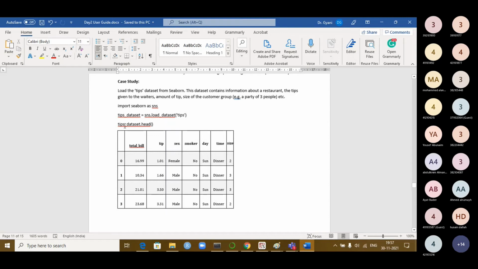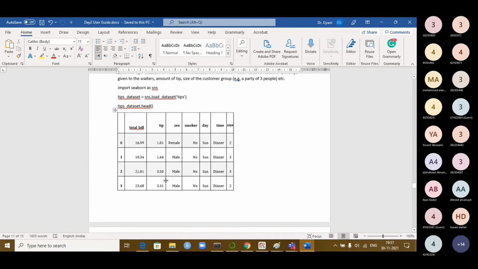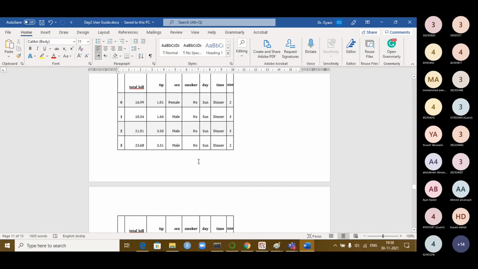Let us look at tips dataset.head. It will show you the first few records. It is showing here the first 5 records starting from 0. Total bill amount, and what is the tip given out of this bill amount? Who has given it, whether male or female, whether a smoker or not, day, time, dinner time and so on, lunch time and so on, size of the party. There is a female leading this particular team with 2 people in that team. So this is the data set now.